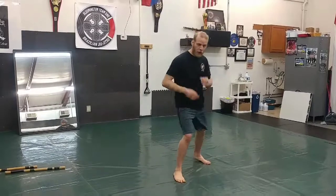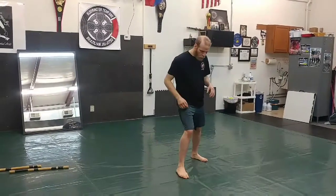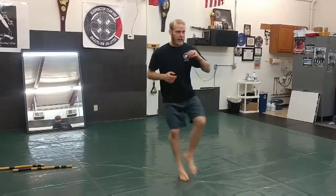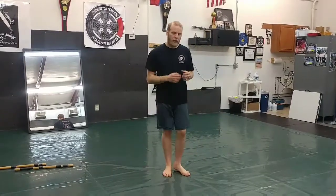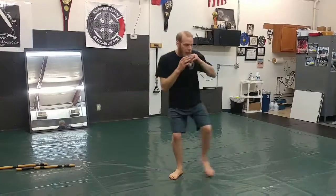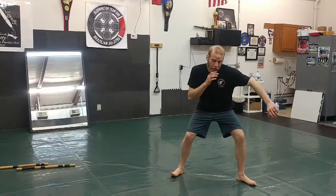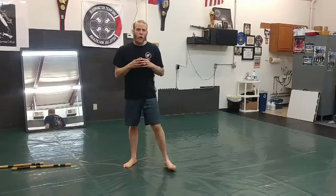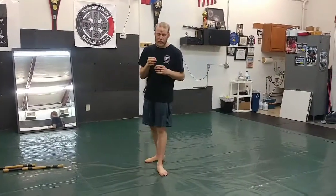Alright, so our last JKD video was focused on incorporating this male triangle with our slide step footwork and our kick to pendulum footwork. We did all of that with the low jab and then trap into a backhand shot. Okay, so what we're going to do now is add the fact that if they give you